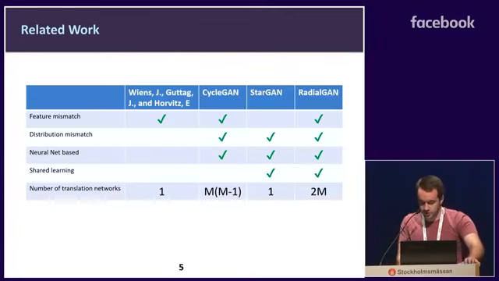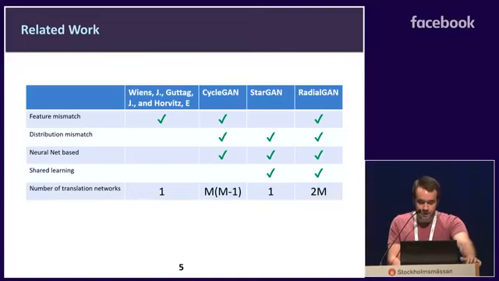So there are a few related works in this area. Perhaps the most related to ours is the paper by Wiens, Guttag, and Horvitz, in which they address the problem in the medical setting like us, but they only address the problem of feature mismatch among hospitals. And they do it in a somewhat naive way by simply concatenating the vectors and discarding any features that don't exist in the target hospital from the auxiliary hospitals. And like I said at the beginning, what we'd like to do is avoid discarding any information that we have about the data. They fit a simple logistic regression model on top.